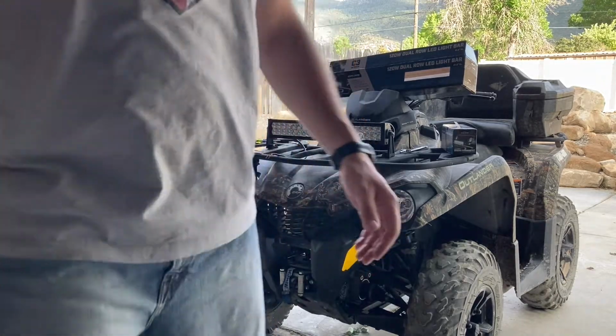Okay, so one thing that we really try to do when we do these videos or when we talk about the stuff we use, I like to talk about the good and the bad. So one thing I'll say about the mounting brackets on this, I don't love them. Let me show you why. This was kind of a pain in the butt, but over here,